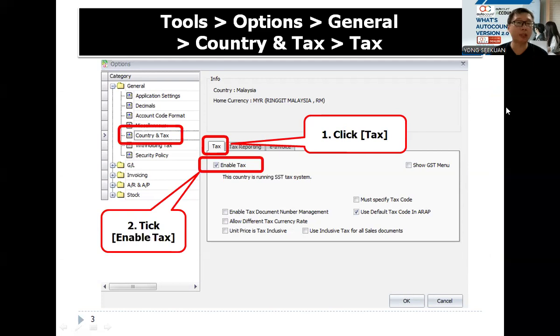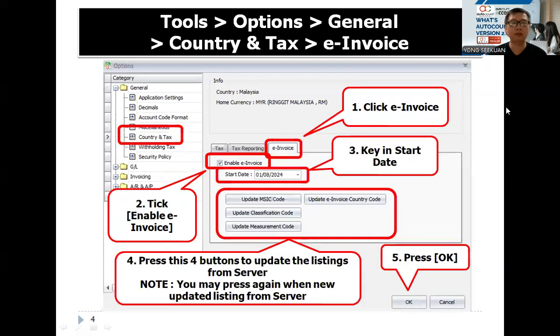You need to enable the tax function first. So you tick. After that, you will see the e-invoicing also. You also need to enable the e-invoicing function, tick here. Then you need to key in the date when you start using this e-invoicing. After you fill in these two options, you need to press this 4 button to update the listing for